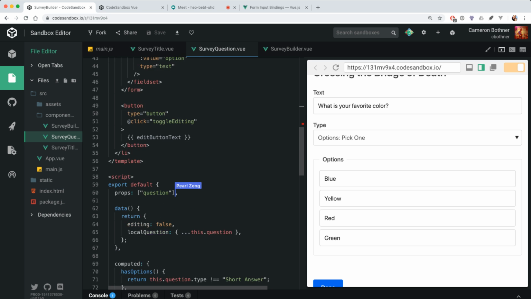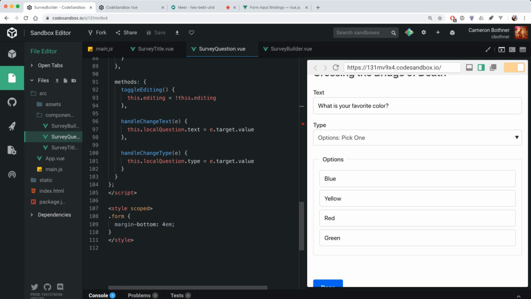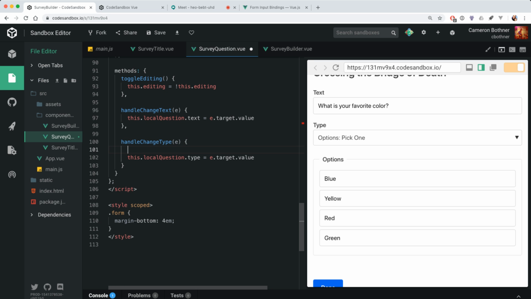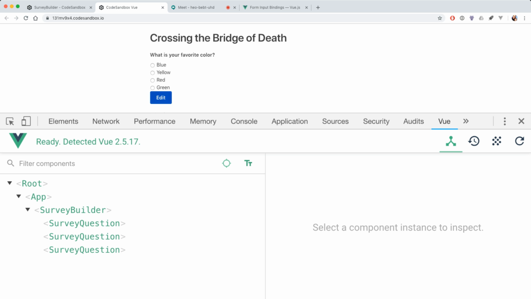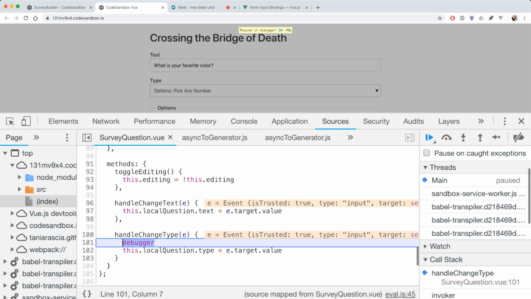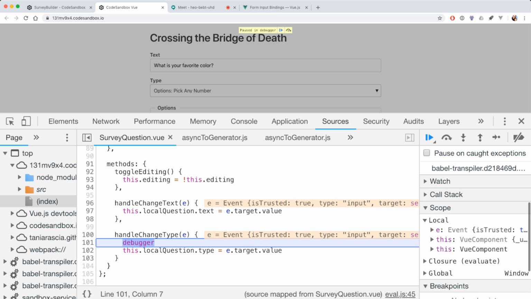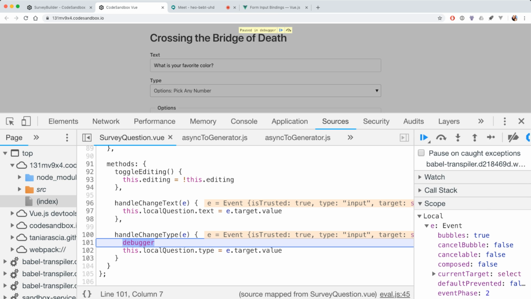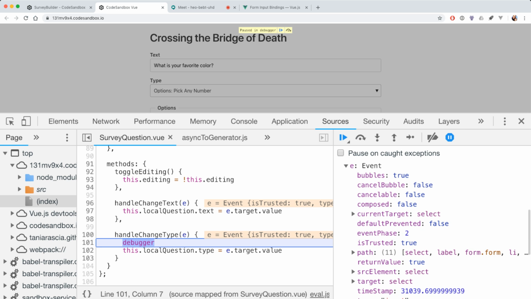Handle that change, or handle change type. Here's handle change type. Debugger. So right now we're just making sure that the event is actually getting to that. So it does fire, and now I can actually look at, I wanted to be able to inspect this event. So here's the event that we're being passed, and here's the target,